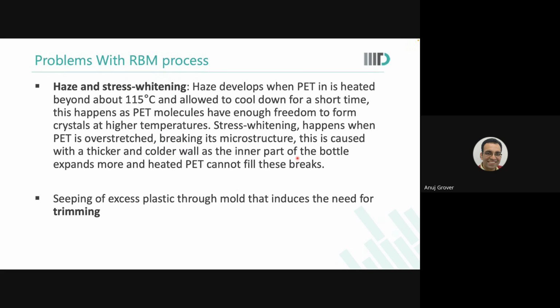This is caused with a thicker and colder wall as the inner part of the bottle expands more, and heated PET cannot fill these breaks. So this is about the chemical composition of the PET, that if it is heated above 115 degrees Celsius,